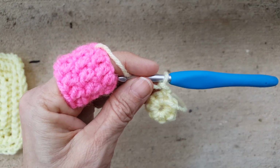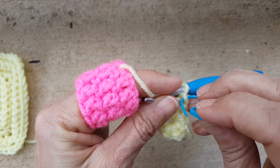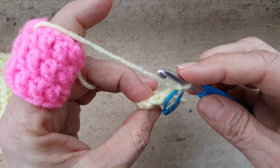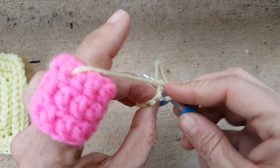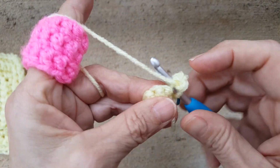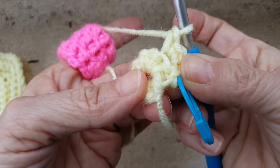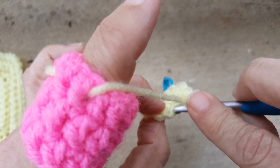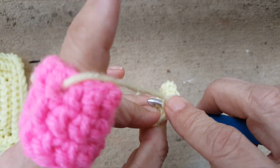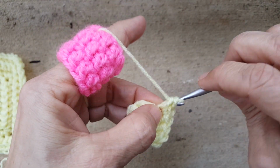That again is going to count as the first stitch of this round, and I'm going to be making the corners now. So that was my first chain, and it's going to be in the middle of one side, and now I'm going to work 3 single crochets into this next stitch, and that is my first corner. And this, I'm only working into the back loop. You can kind of see that there. So now I'm going to work 1 single crochet into the next back loop, 3 single crochets into what will form the second corner,